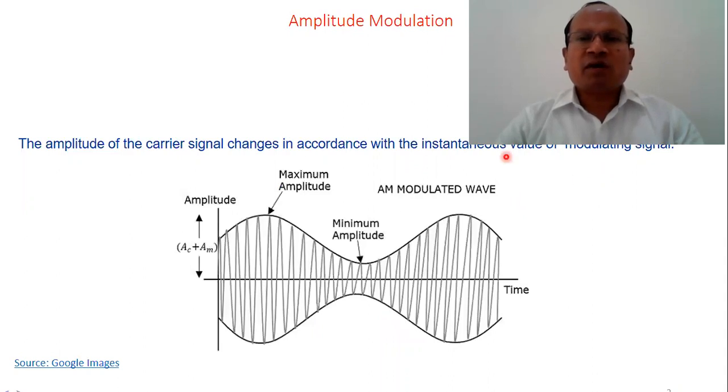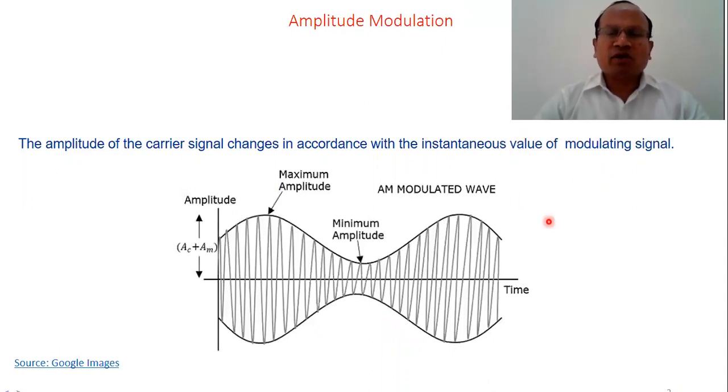As we have already discussed in previous lectures what amplitude modulation is, what amplitude demodulation is, and what different types of amplitude modulation there are, but now this lecture is on the AM transmitter. Let's revisit and begin with what is AM.